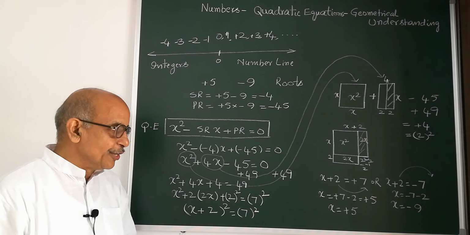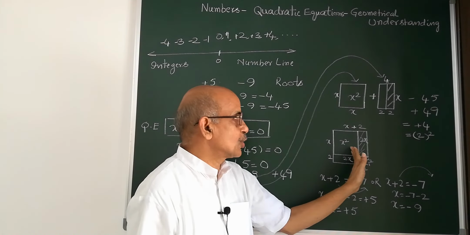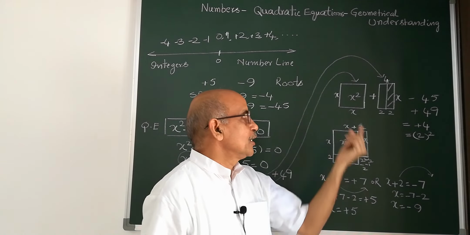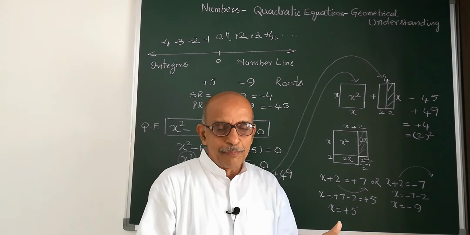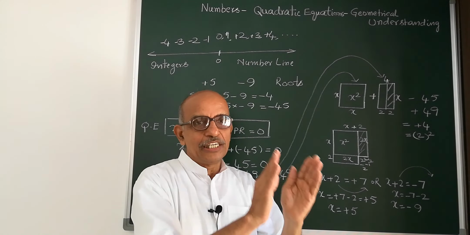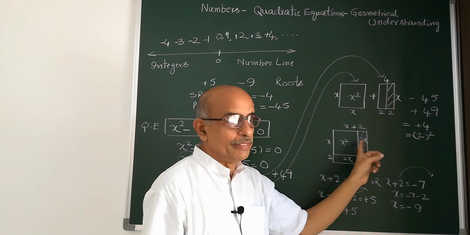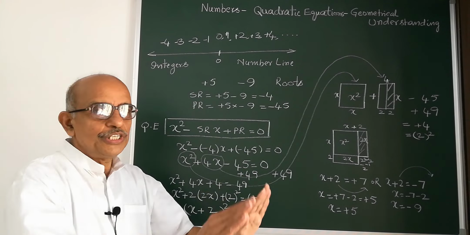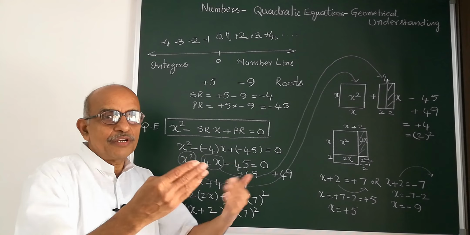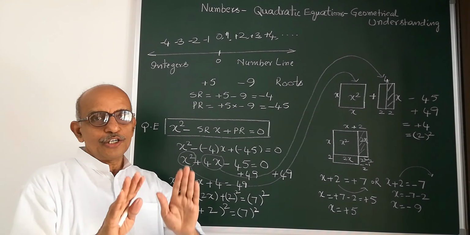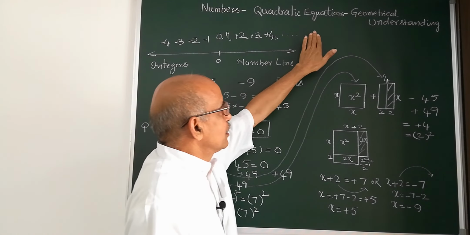In another subsequent video, you can do an activity also. Now this is a square, and the x value we do not know, it may be 5 centimeters or 10 centimeters or 15 centimeters. Now you take a piece of paper, cut a square of 10 centimeters side, and then this may take 4 centimeters by 10 centimeters. The same activity you can do on paper, physically, and verify. In coming videos I will do this activity and show you, then you will understand the relation between numbers, quadratic equations and their